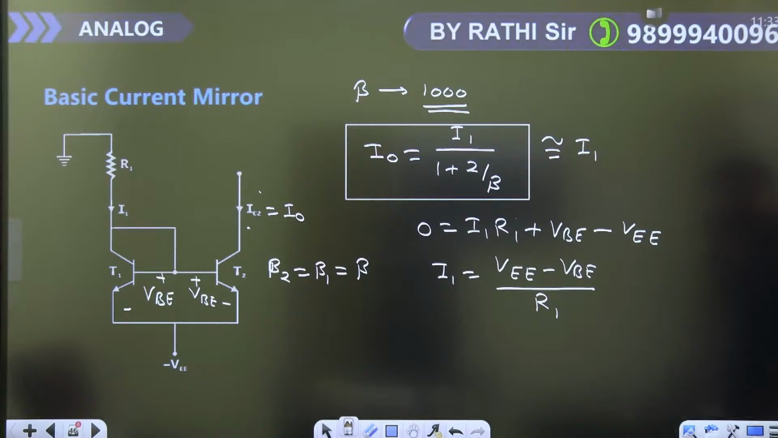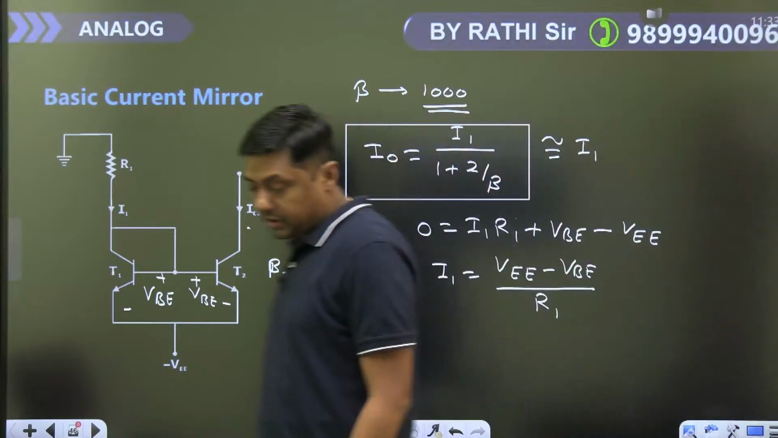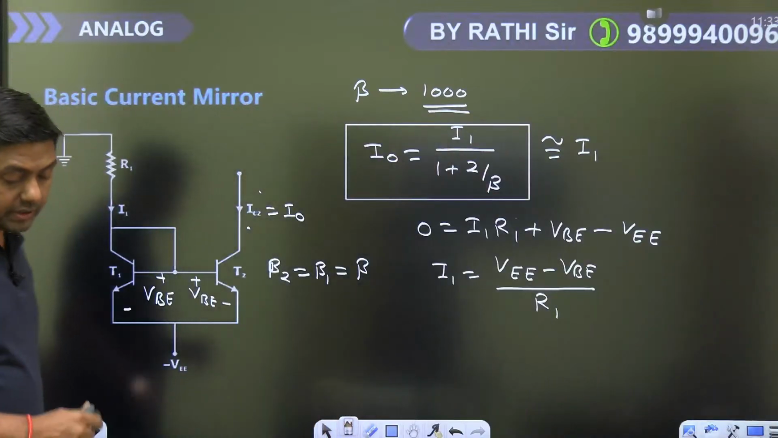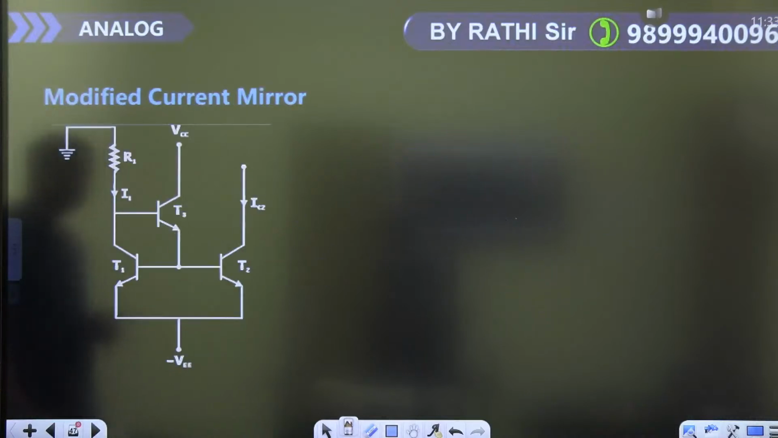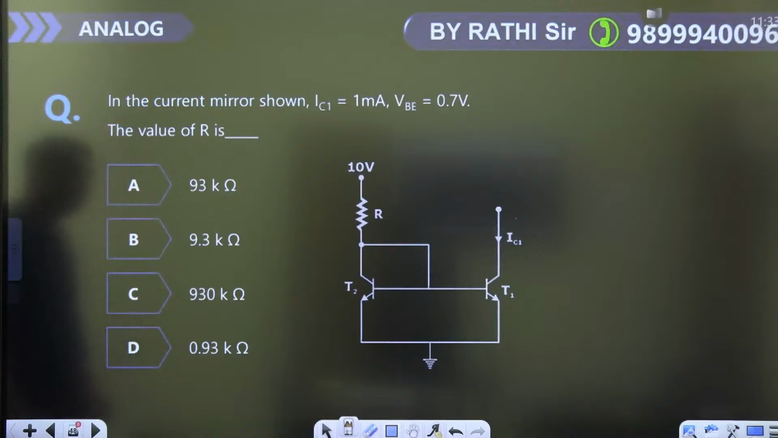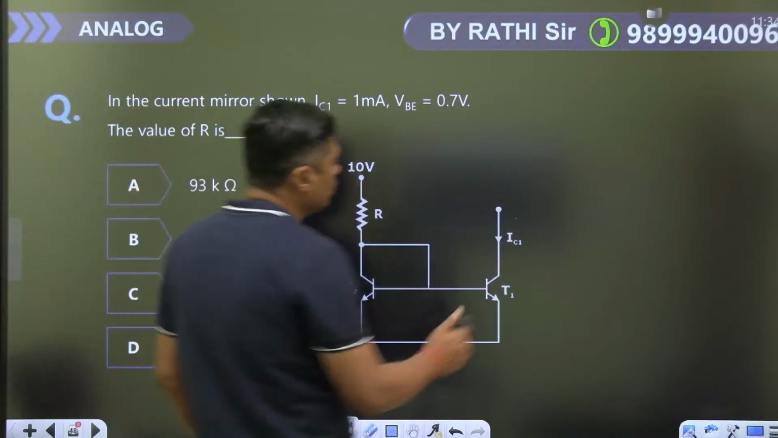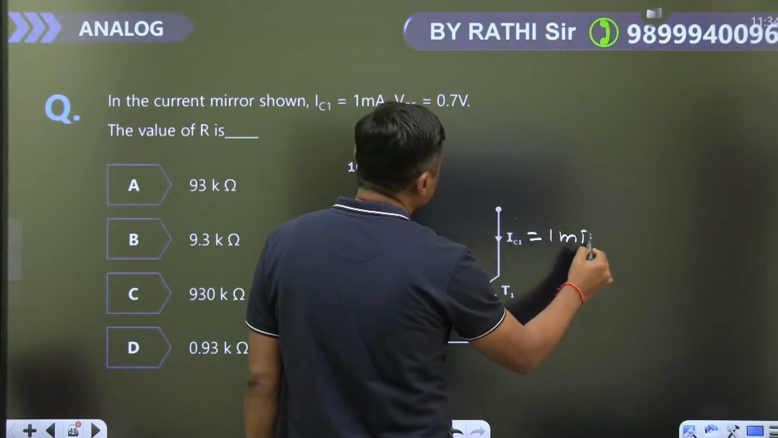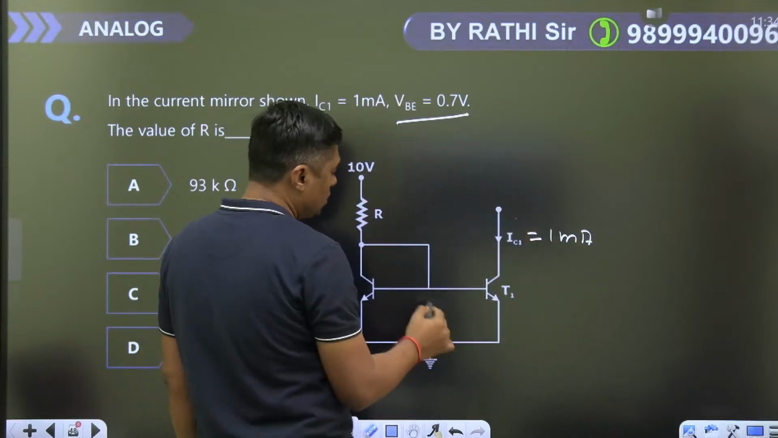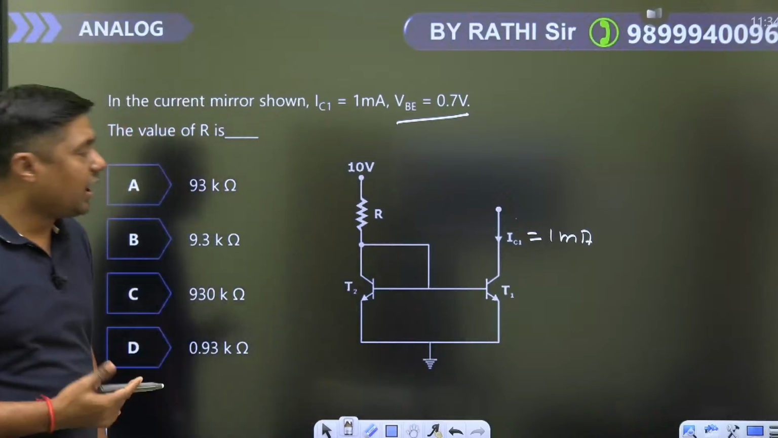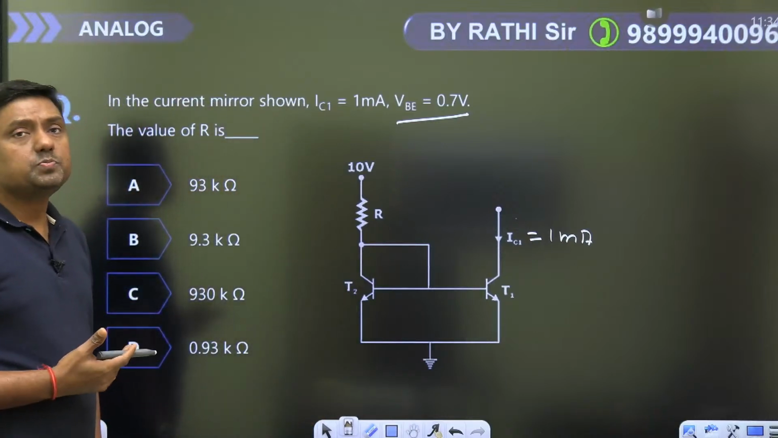I think now all are ready to solve some questions on the current mirror circuit. So we have solved questions on fixed bias, collector base bias, self bias circuit, biasing and stabilization. Now current mirror circuit guys. Now tell me what is the answer for this one. In the current mirror shown, IC1 is equal to 1 milliampere. Already given IC1 is equal to 1 milliampere. VB is 0.7 volt. The value of R is,